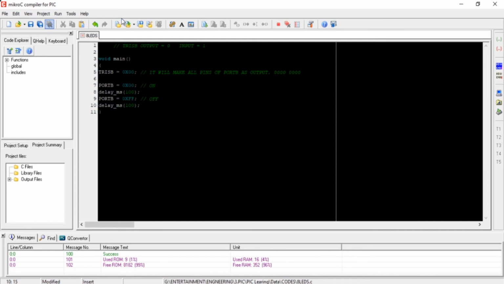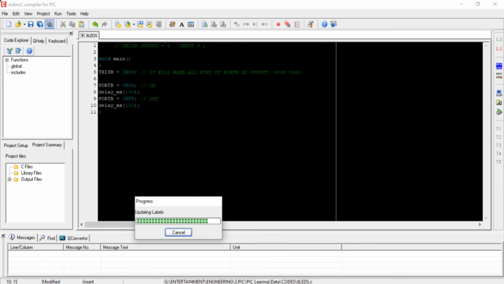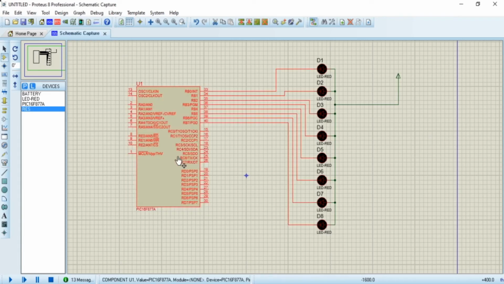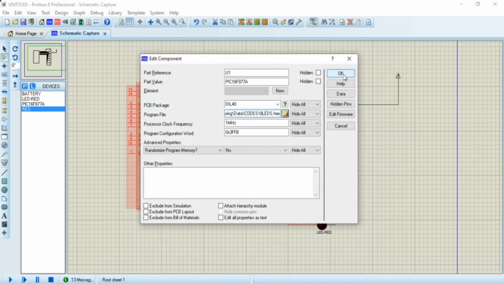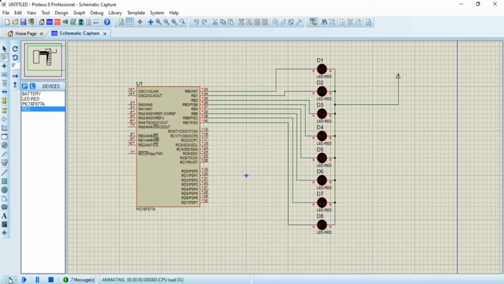Then go to build, go to your circuit diagram, open your hex file, then run this simulation. Now you can see your LEDs get turned on, then turned off. You know why?